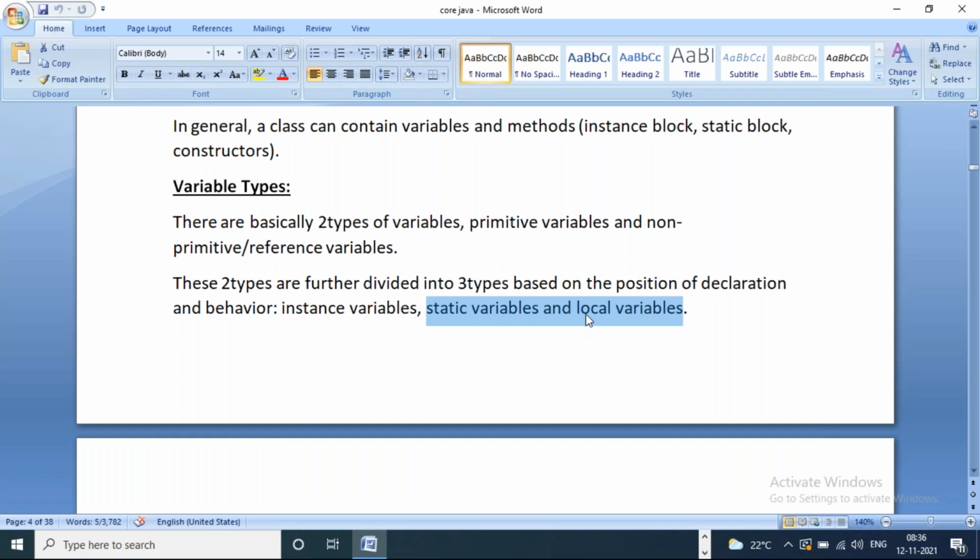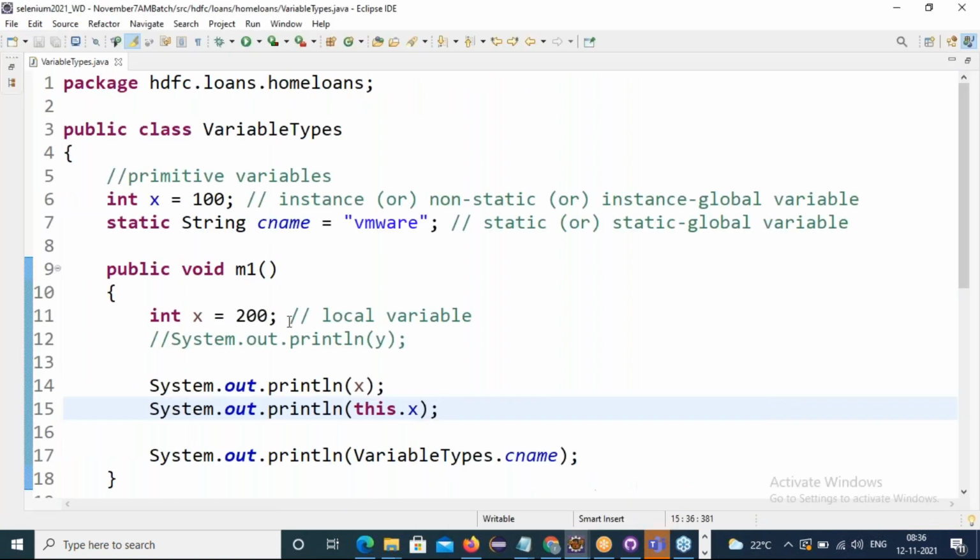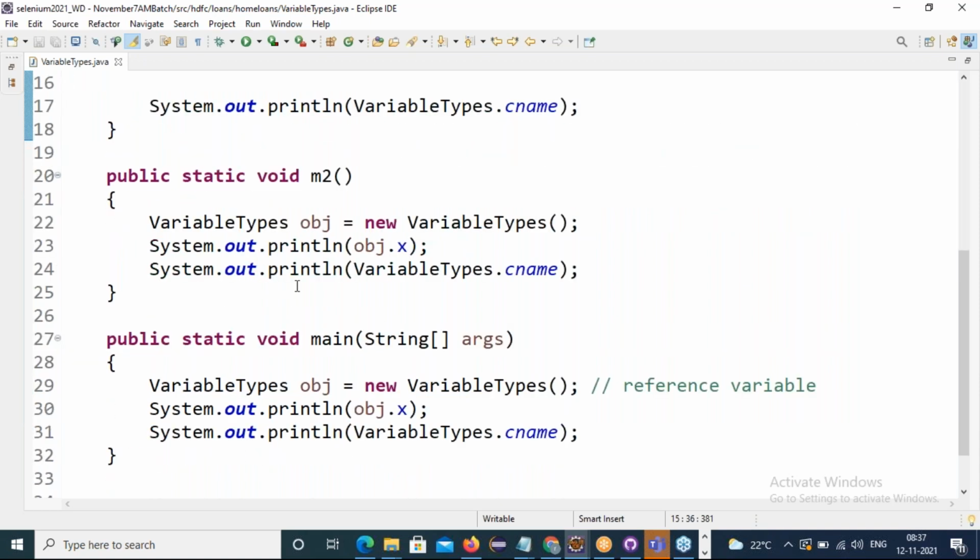Okay, now first I will talk about non-primitive variables in local. So friends, non-primitive or reference variables, where do we define them? Come on, friends.